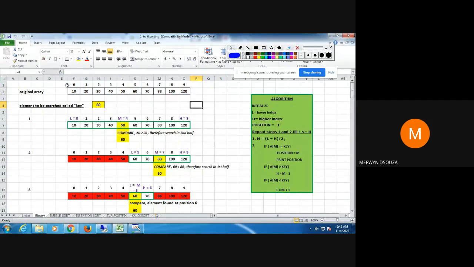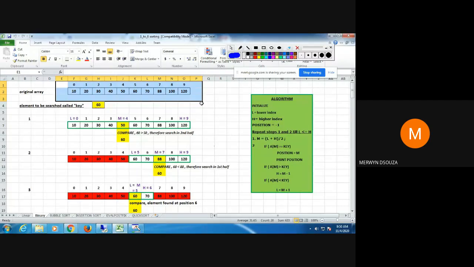Please note what I'm saying. For this method to work, you have to input the numbers in sorted order. If we don't put the numbers in sorted order, this algorithm will not work the way it has been intended to work. Maybe after I finish explaining, you will understand why the numbers have to be in sorted order and why it will not work if it is not in sorted order. So that's why I have taken here one array, and you can see that it is in sorted order.